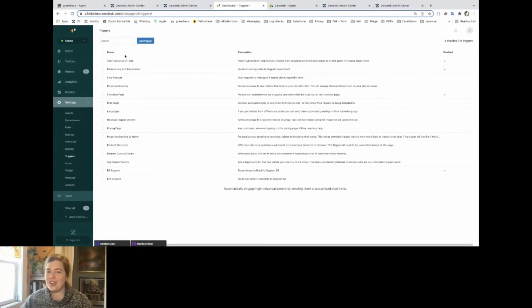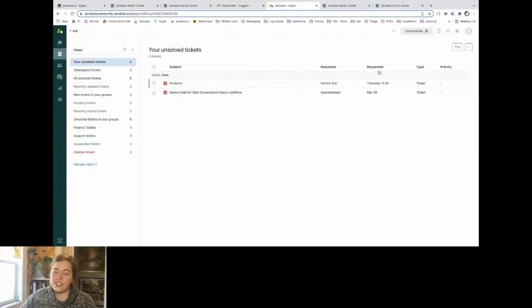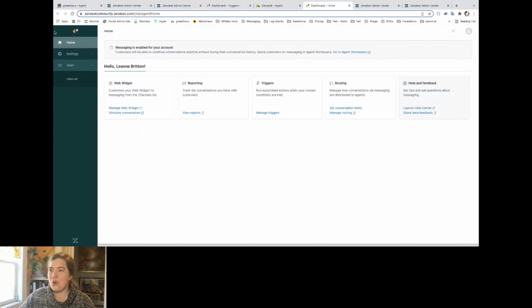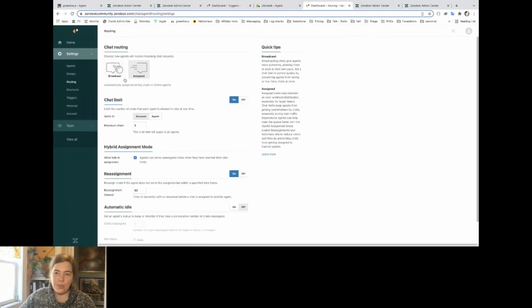So let's shift gears and talk about that. The good news is that when you are using the integrated agent workspace, you can use just standard support triggers for this routing. Like before, we would still set the routing type within our chat dashboard. So for settings, we would just set routing to, again, either assigned or broadcast. Just like before, if this is set to assigned, we should see chats automatically assigned and routed to your agents